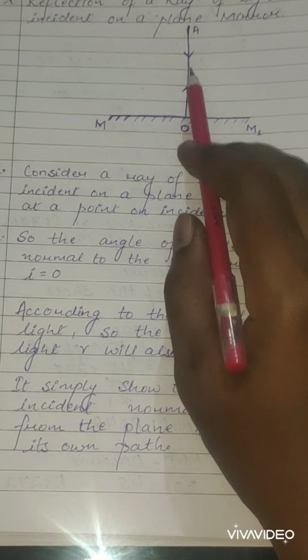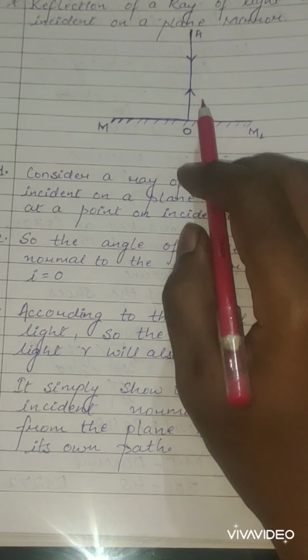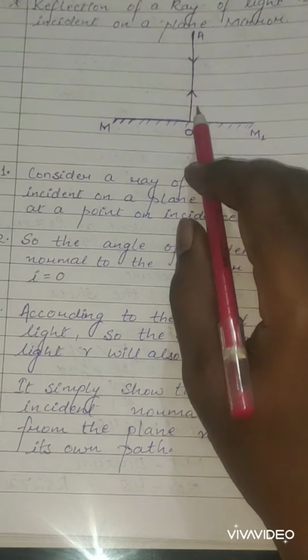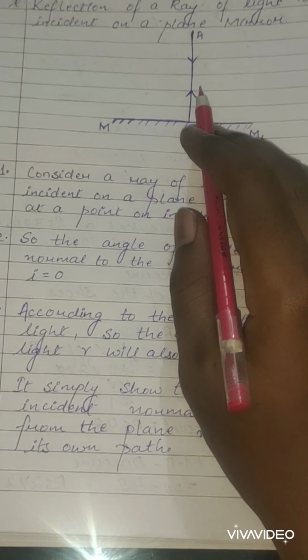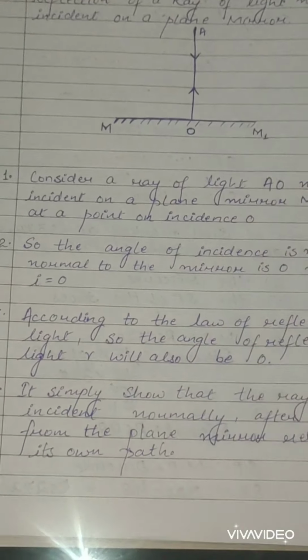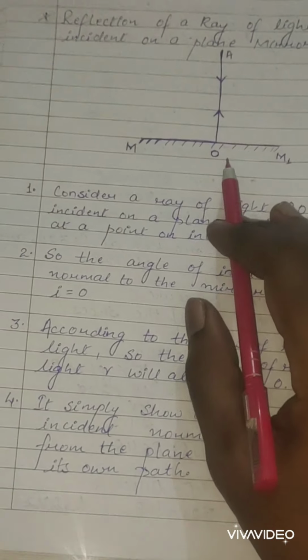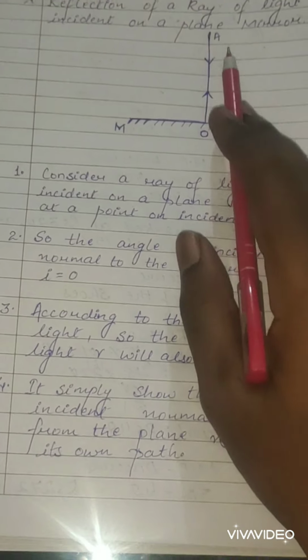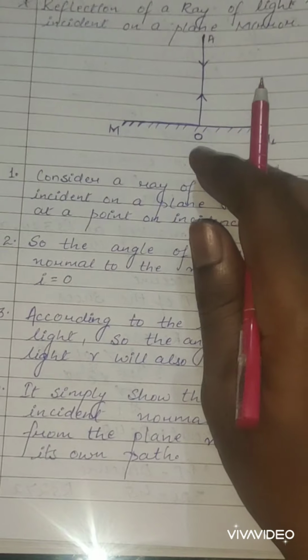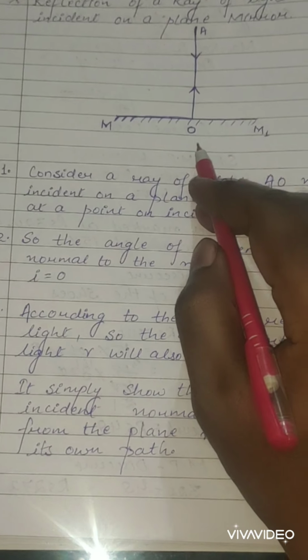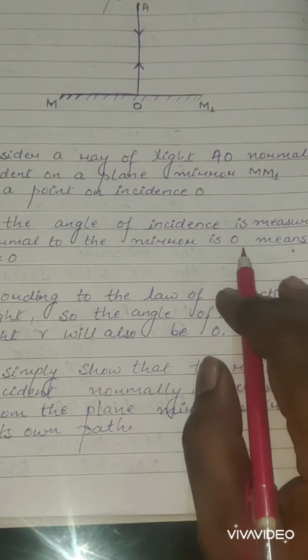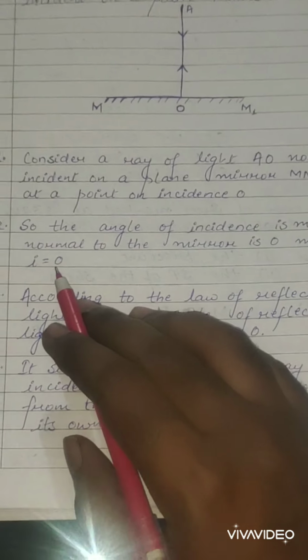So when we are reflecting the ray of light from the normal at a point of incidence O, when the light is reflected normally at the point of incidence O, the angle of incidence is measured